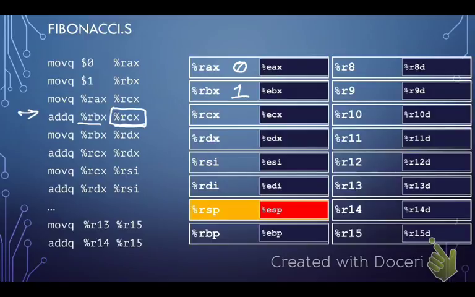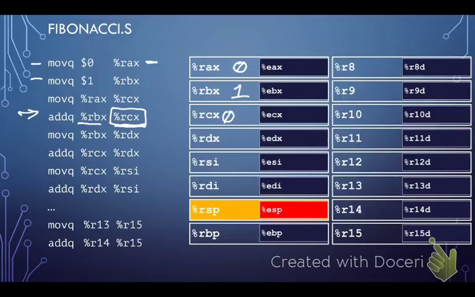Here's our strategy. Since we want to add these two values together to get the third value, what I'm going to do is move the very first value, RAX's value, into RCX. So that'll be a 0. So initially we'll place a 0 in RCX.